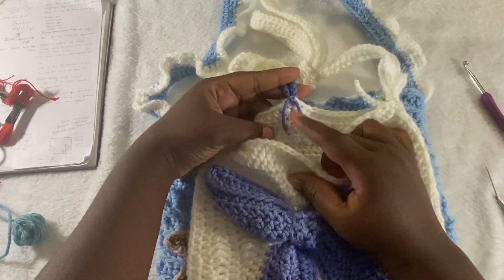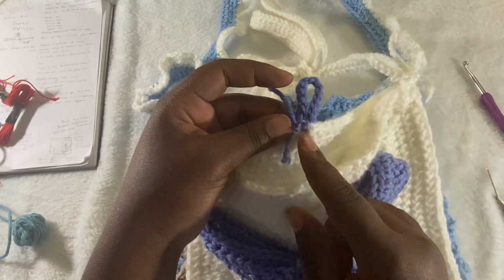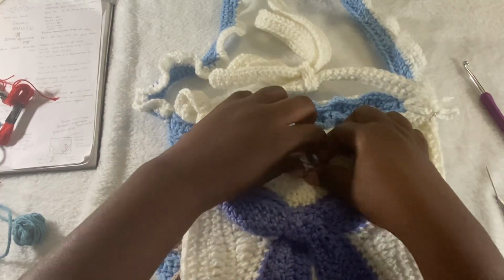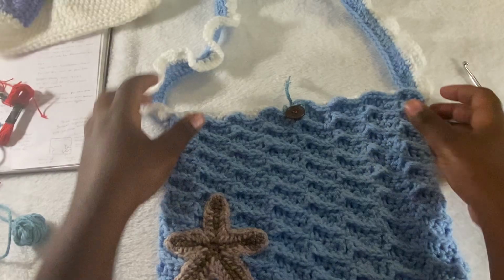As you can see, I didn't weave in the ends for that one either, but I went into the first stitch for this one. I didn't go around the stitch, I just went in the top of the stitch, and that's an option too. It's cute like that. Okay,